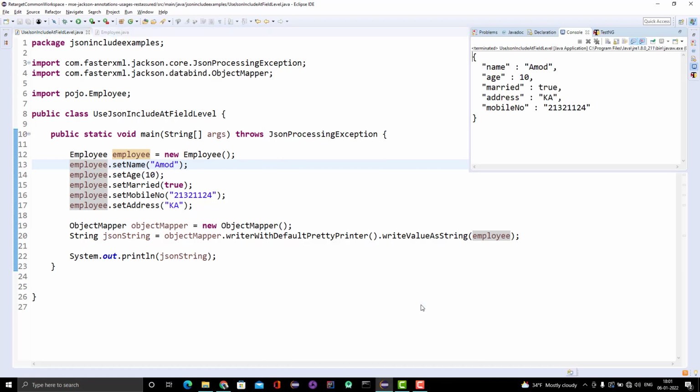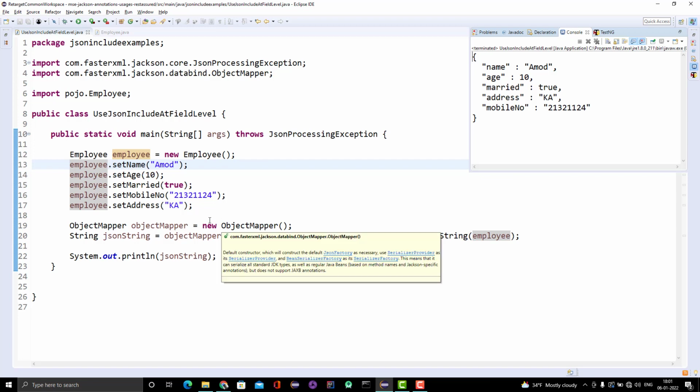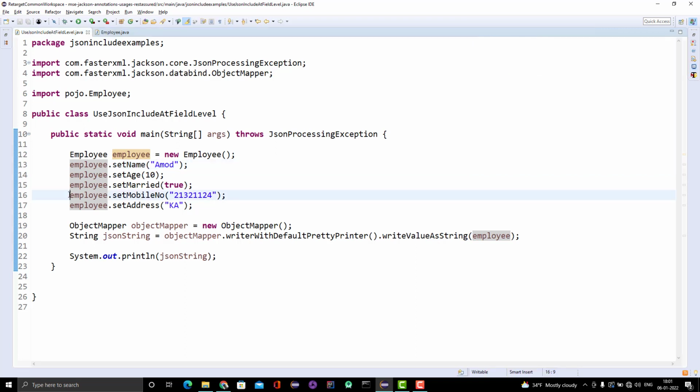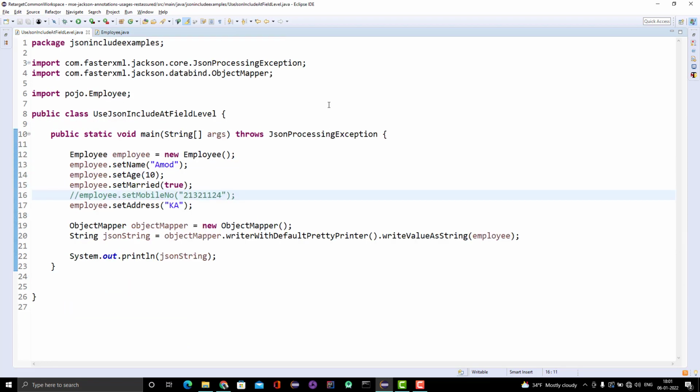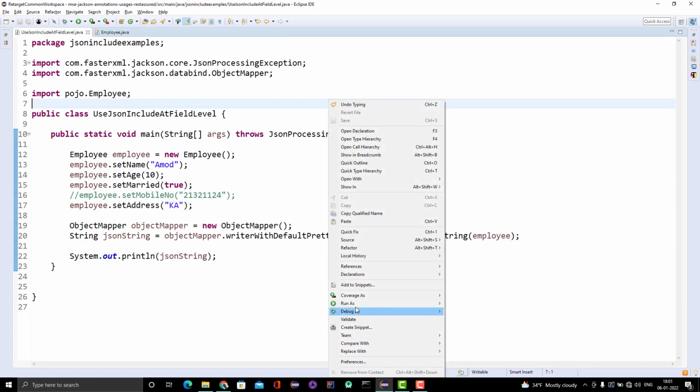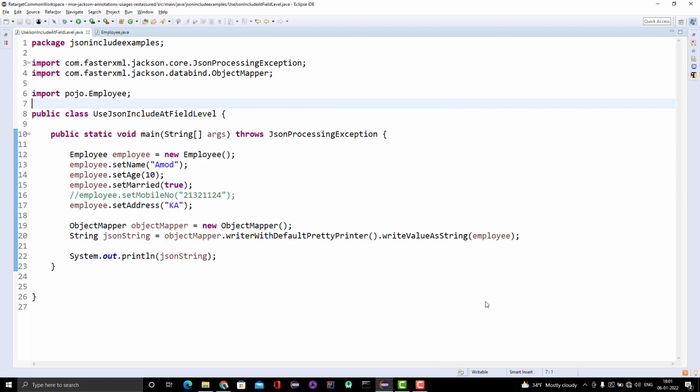Now it's working fine, right? We are seeing the address and everything. Suppose you are not setting the mobile number, and we don't have any annotation on the field for mobile number. So if you run it now, it will include that one, because we don't have any exclusion rule there.